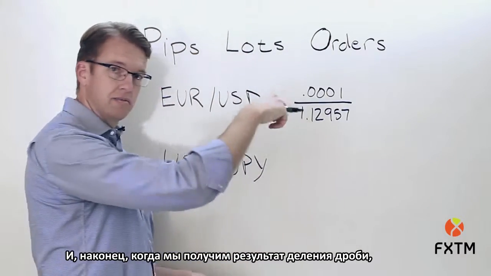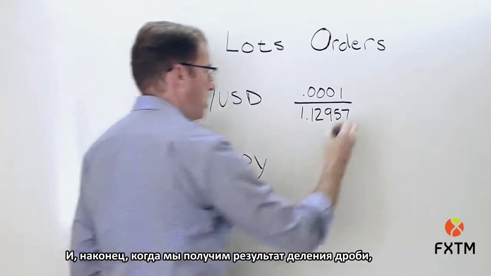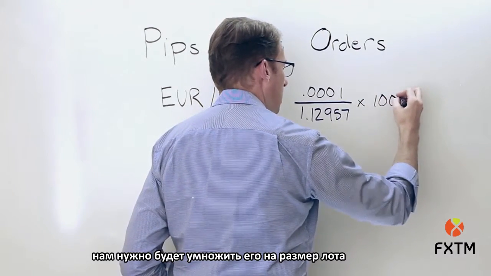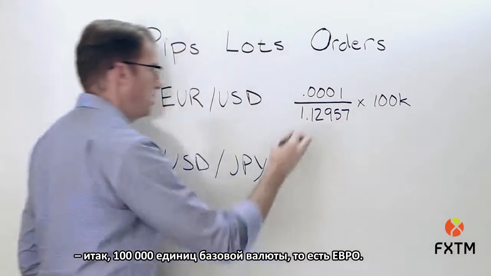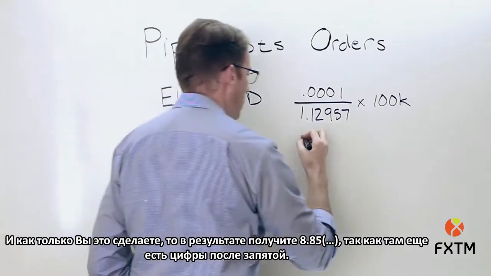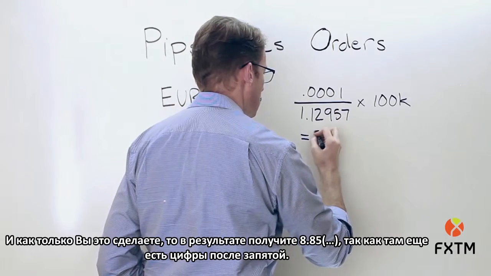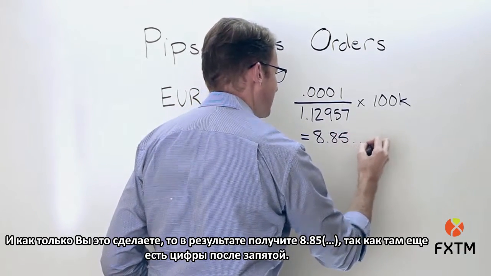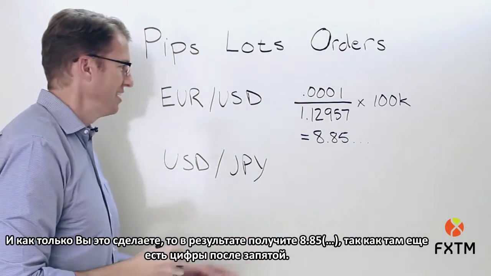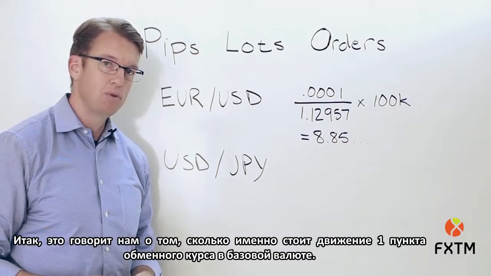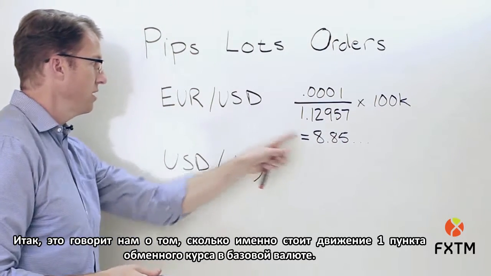Now, once we can figure out what the quotient is for this division problem, all we have to do is then times this by our lot size, so 100,000 units of the base currency here, the euro. And if you do that, you'll come up with a solution of 8.85... because the decimal goes on for a little bit after that. Now what that is telling you is how much a 1 pip move in the exchange rate is worth in